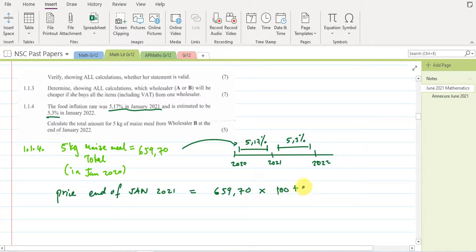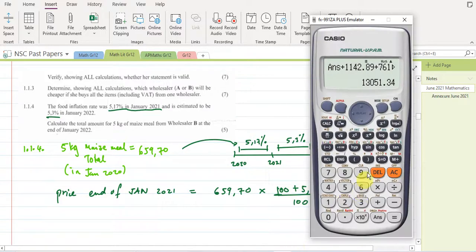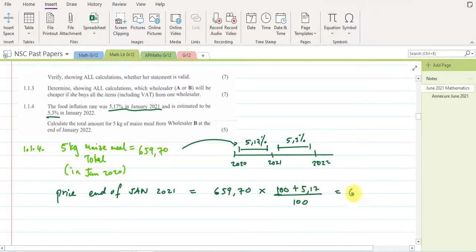So we're going to say 100 plus 5.17 over 100. Right, so you are inflating this price. So you're saying 105.17 over 100. So if you work this out, you're going to take 659.70 times 105.17 over 100, right? And if you press equals, you should get 693.81,